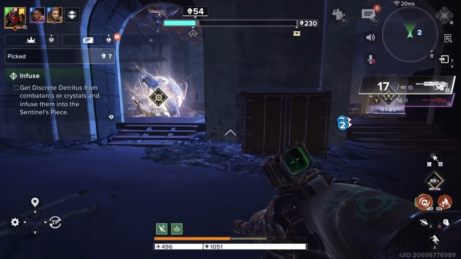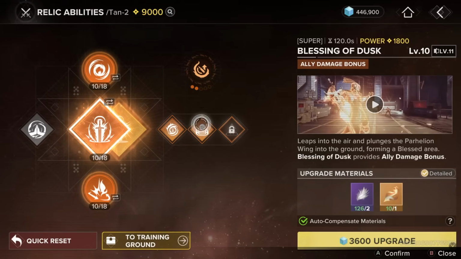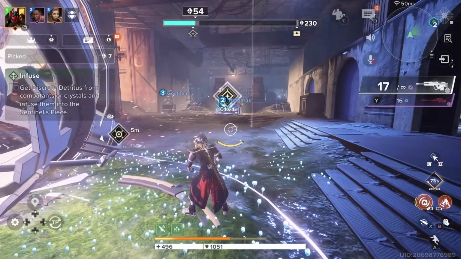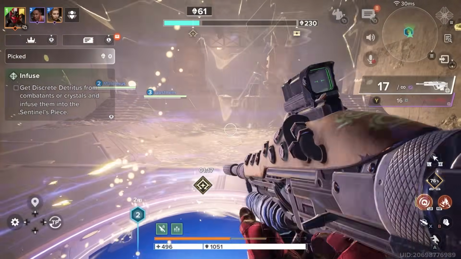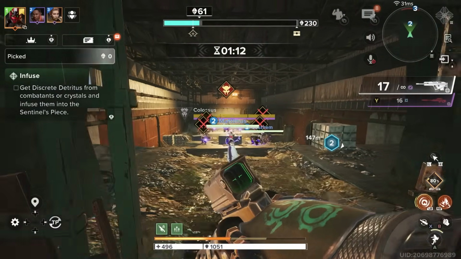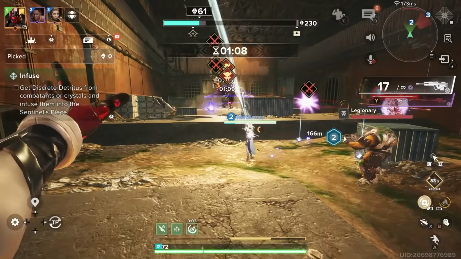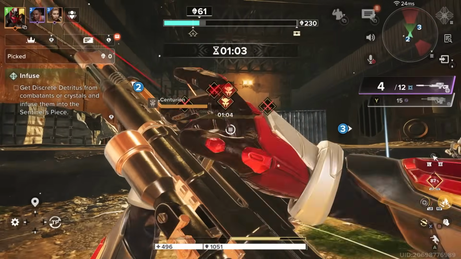Now getting into his relic abilities, first off with his super, we have Blessing of Dusk, leaps into the air and plunges the Paralian wing into the ground, forming a blessed area. Blessing of Dusk provides ally damage bonus, and then you can actually switch modes into the Blessing of Dawn. TAN-2 leaps into the air and plunges the Paralian wing into the ground, forming a blessed area. Blessing of Dawn can heal allies at a high rate,